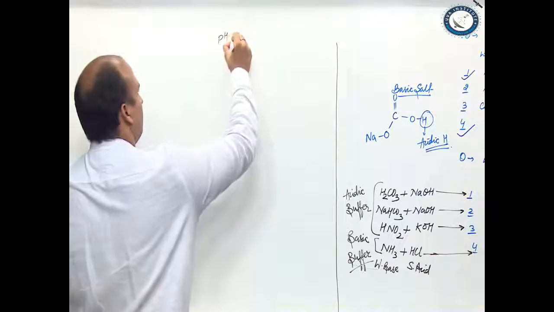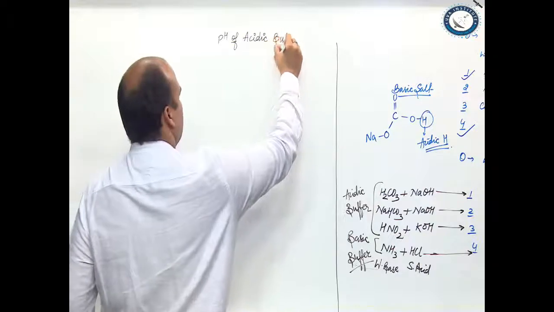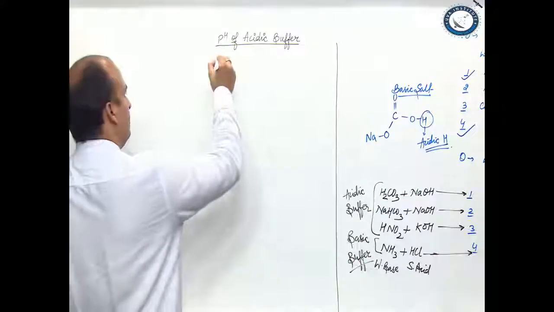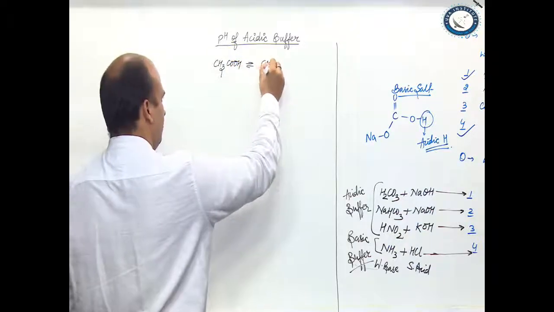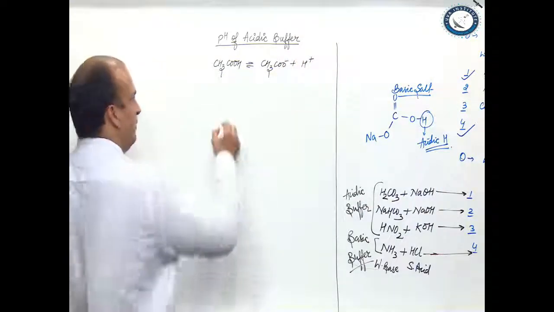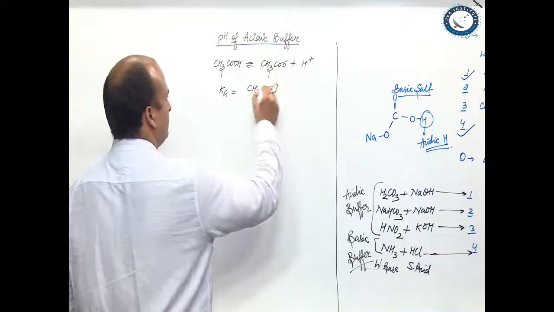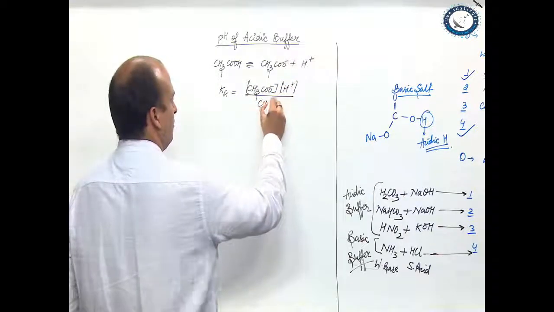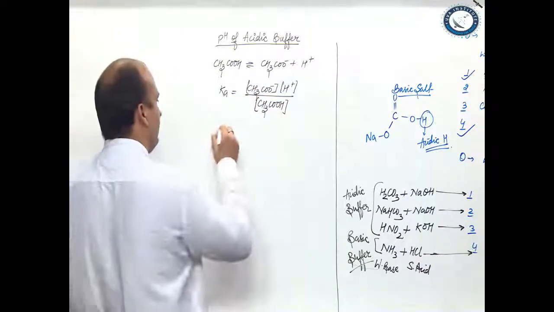pH of acidic buffer. Now see, this weak acid is going to dissociate like this. Now Ka, that is the dissociation or ionization constant, it is written like this. So from here you get